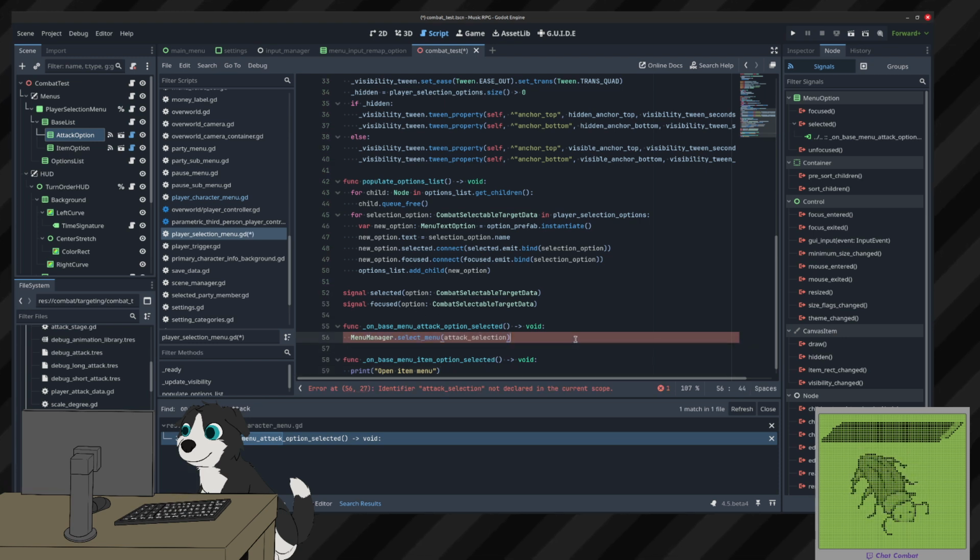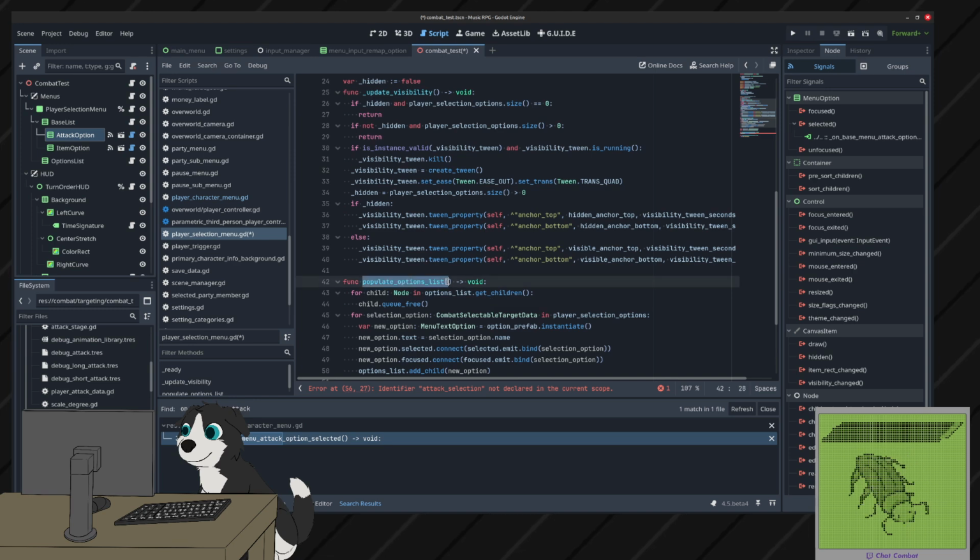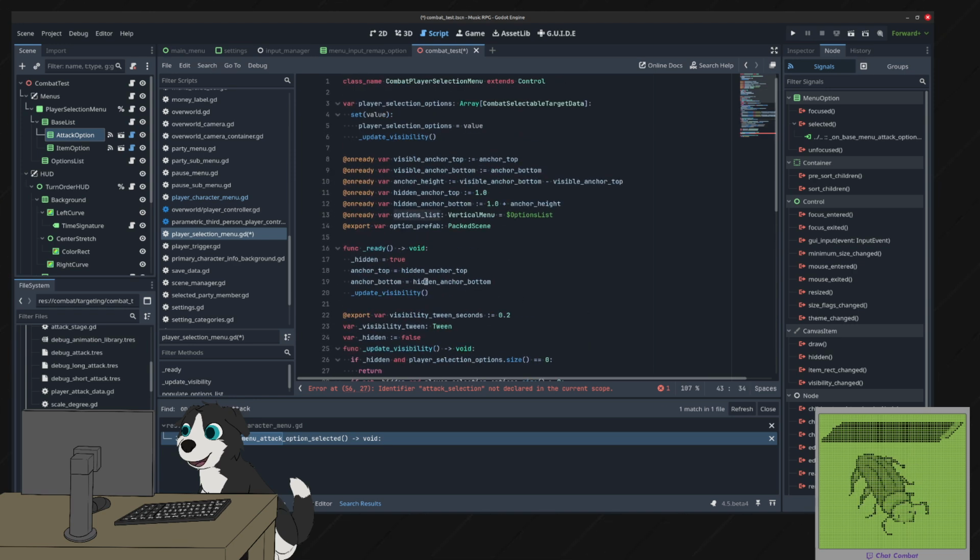I've been thinking. There's no attack selection anymore because I need to fill out the options list. Populate options list, option list children, options list,